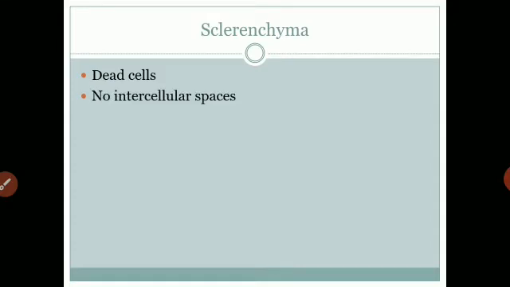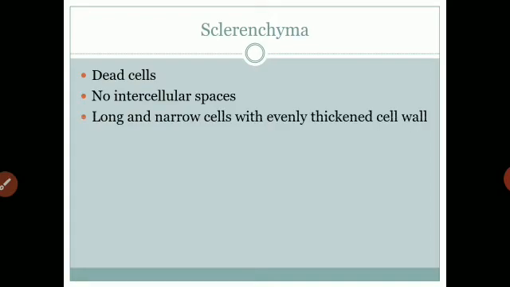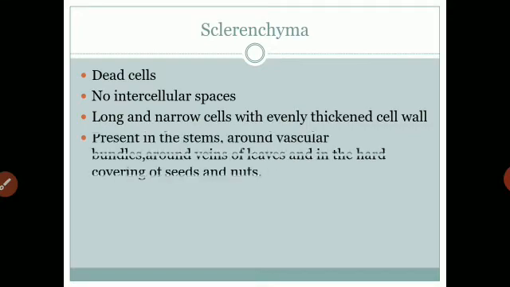Next we will see sclerenchyma. This is the last type of simple permanent tissue, and it has dead cells. Sclerenchyma cells are dead with extremely thick walls. Their wall is very thick and there are no intercellular spaces between them. So they have an evenly thickened cell wall. What is another characteristic? A thick wall is there in collenchyma also, but it is unevenly thickened. But in sclerenchyma, the cells are evenly thickened, long and narrow. And because of the thickened cell wall, they will give strength to the plant.